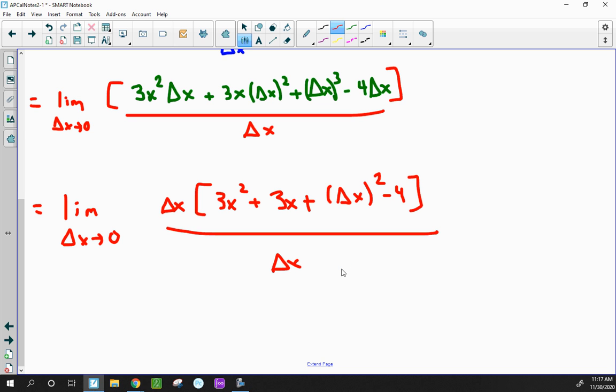Okay, alright, and now it looks like that's good. These cancel. And so we're still looking for the limit as delta x, what's happening to the height of the curve as the change in x is approaching 0 of this stuff. Okay, so I've got 3x to the second plus 3x plus delta x quantity squared,